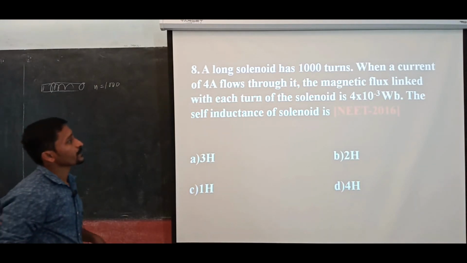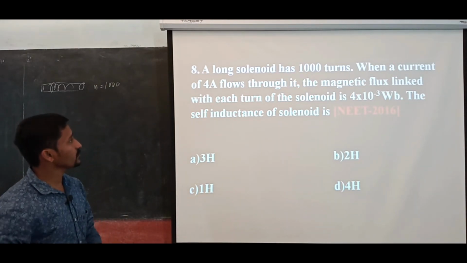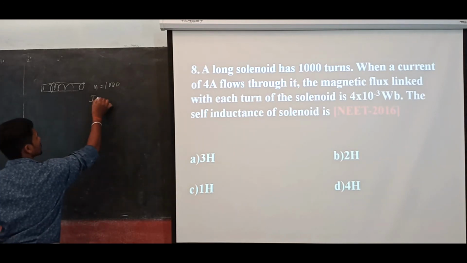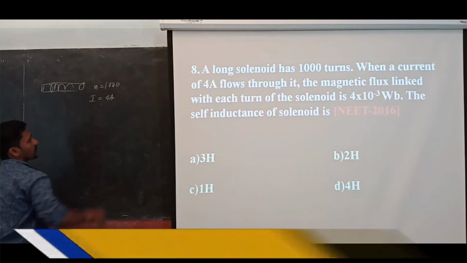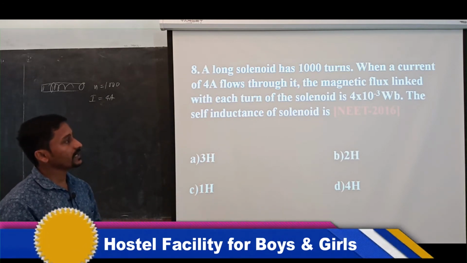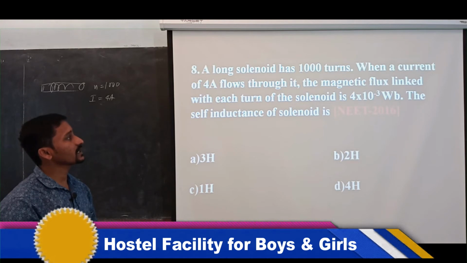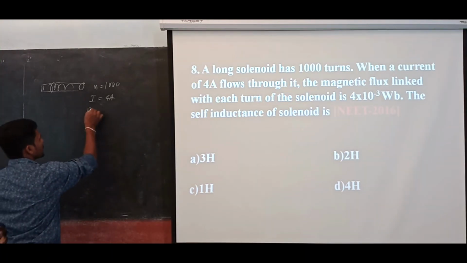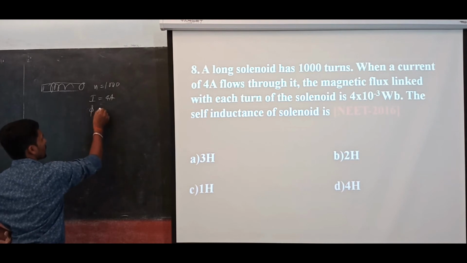And when a current of I is equal to 4 ampere flows through it, the magnetic flux linked with each turn of the solenoid is phi,